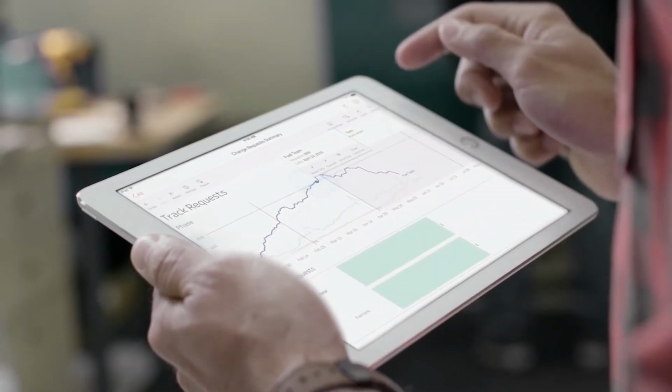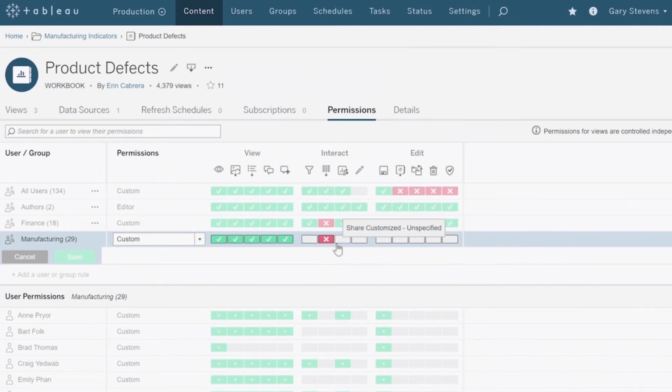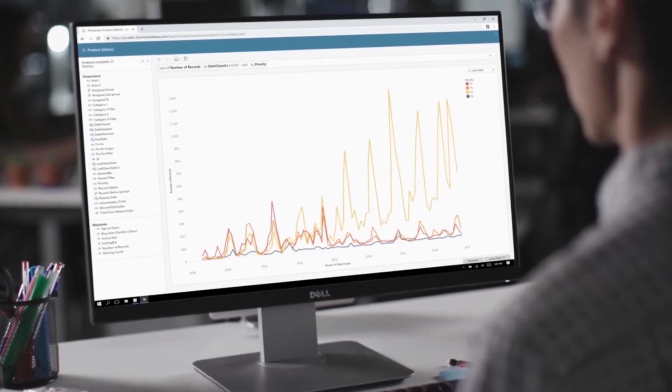All your data at a glance, quickly and easily transformed from multiple sources to give you the analysis you need